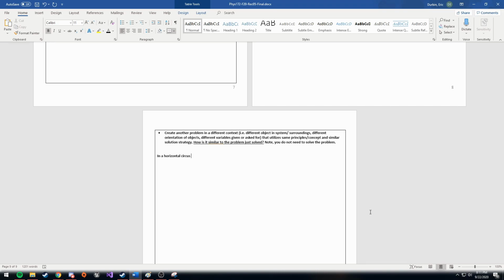What is that ride called? Horizontal circus spin ride? The one where you stand up against the wall, it was in lecture. You stand up against the wall, and then it spins you around, and you get pushed against the wall for some reason. Did you say amusement ride? Just spinny amusement ride. Nauseous amusement ride. There we go.